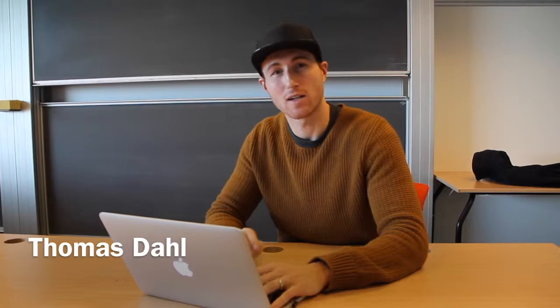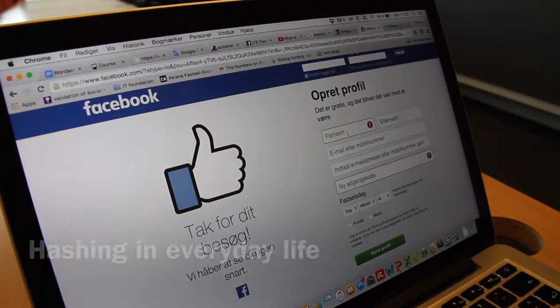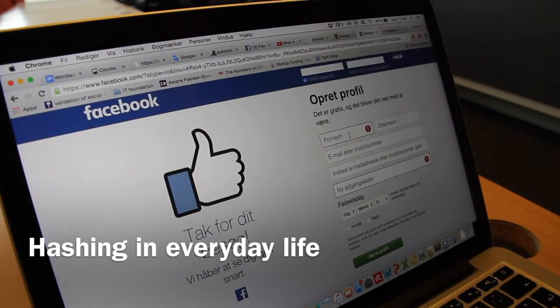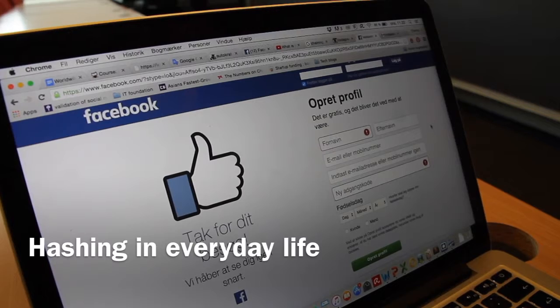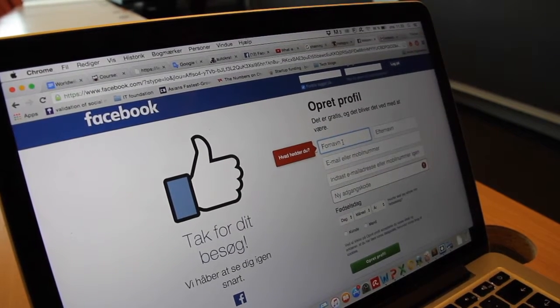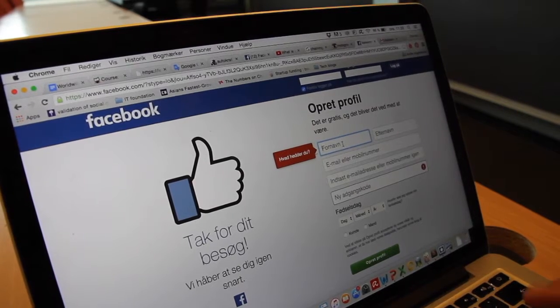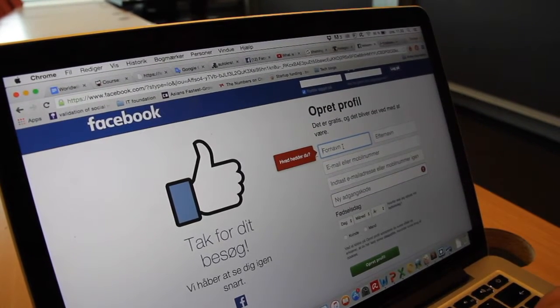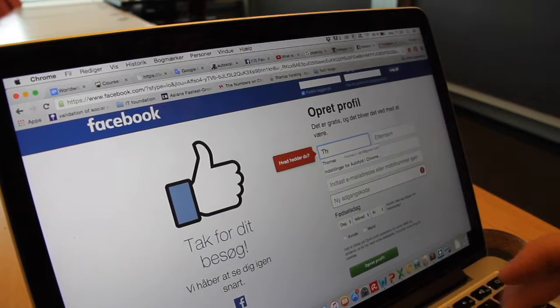Hi, today we're going to try to show you what hashing is and an example of how it's being used. As an example, when you want to create a profile on Facebook, the first thing it asks you for is to create an account. So if we make an imaginary account here, saying my name is Thomas,